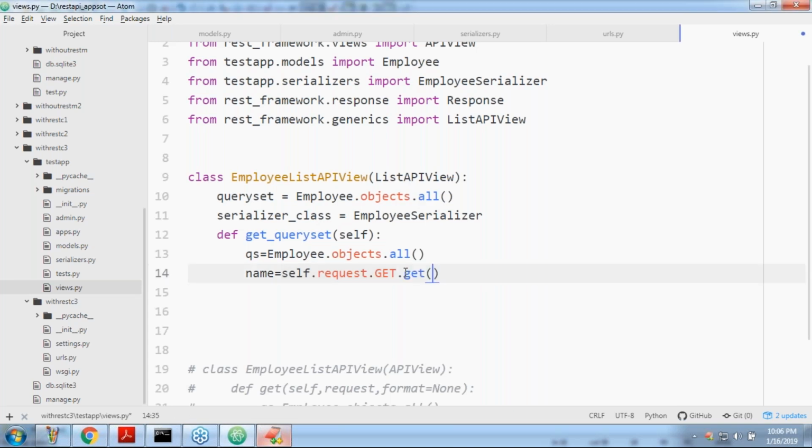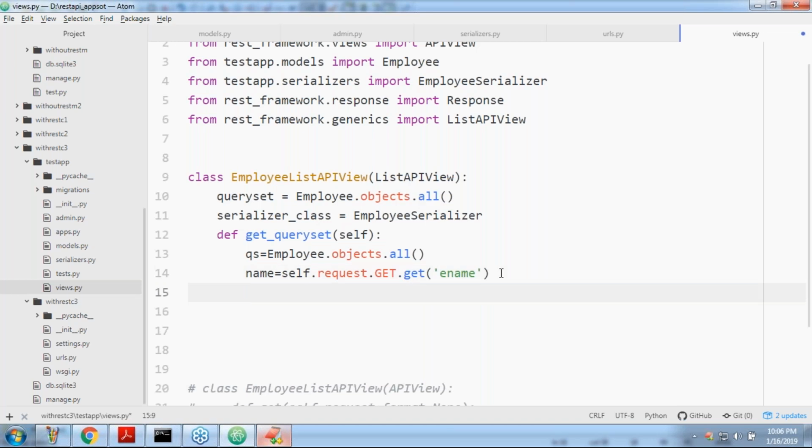Now observe this one. You people attended the Django ORM sessions. Have you remembered? Sir, I want to filter where the employee name contains this name.